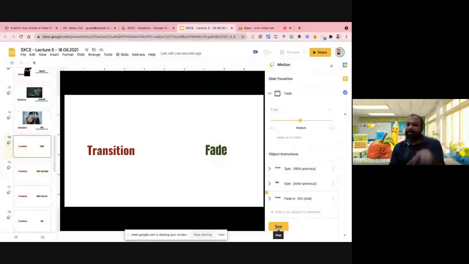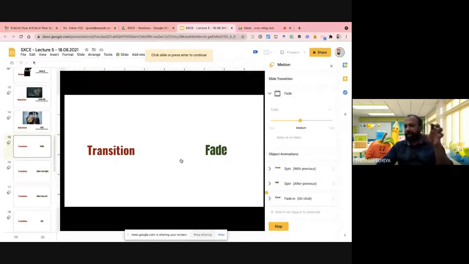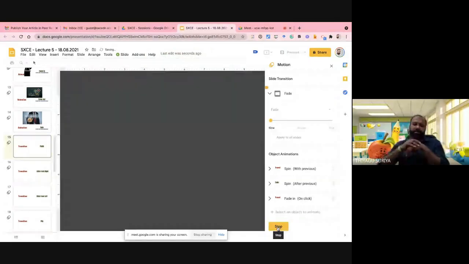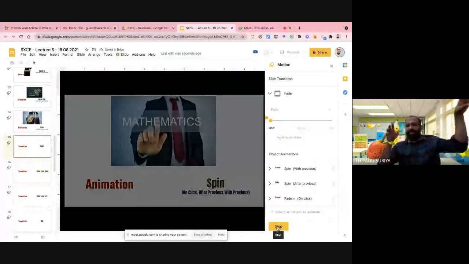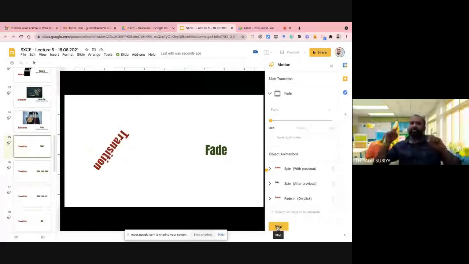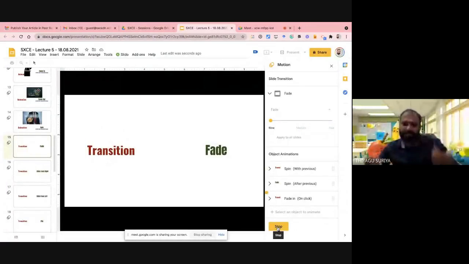Because I'm already giving the animation effect, that's why it rotated. I am adding both the transition effect with the animation effect. Once again, you can see how it will be. If you'd like to give slow, you can give slow and see the preview. The previous slide, after this there is a new slide. It's a fade. After this, your animation, the past animation, also will work. So this is called fade.